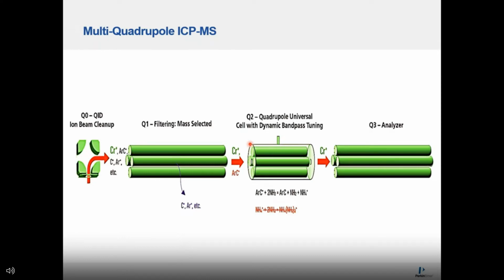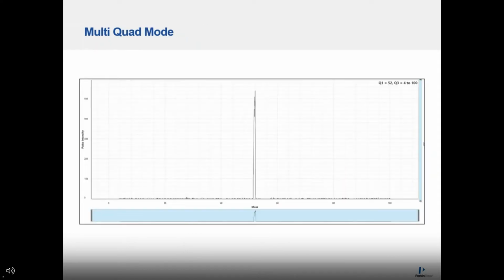The cell is a true quadrupole cell and it provides an additional stage of mass resolution and actively destabilizes and rejects reaction byproducts before they have a chance to react with gas or gas impurities, thereby preventing false counts at the targeted mass of interest. In the NexION ICP-MS with the capability of setting dynamic bandpass functionality in the cell, we can